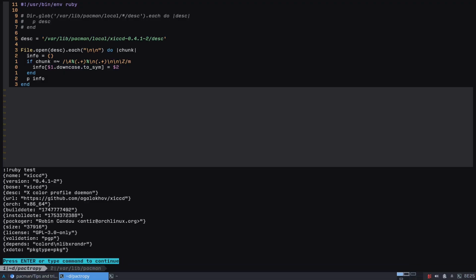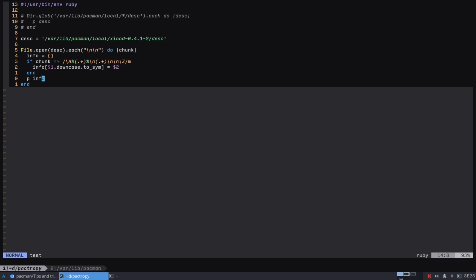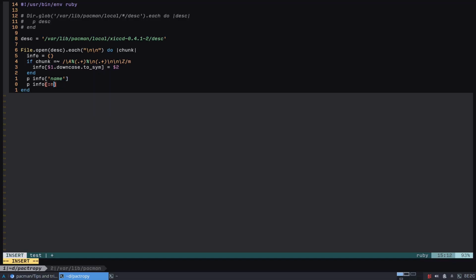Yes, there we go. So basically, instead of saying info name, which is a string, it's going to be info name, which is a symbol. So a symbol is a number, so it's going to be more efficient when storing and fetching the values. Now let's look